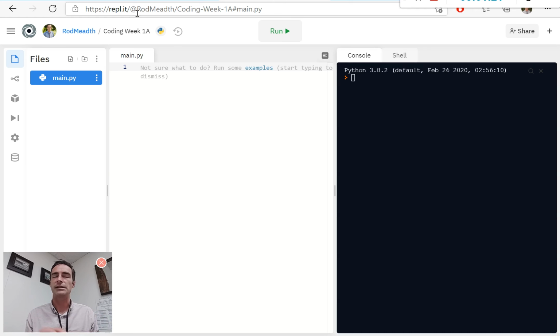It's kind of like a Google Docs style thing, kind of like Onshape. It's collaborative. I can look over your shoulder and work together on it with you. So bear with us. We're all learning a little bit. I haven't used repl.it actually for a couple of years, but I think this is going to be really good. I'm looking forward to it. Now let me see here. All right, so